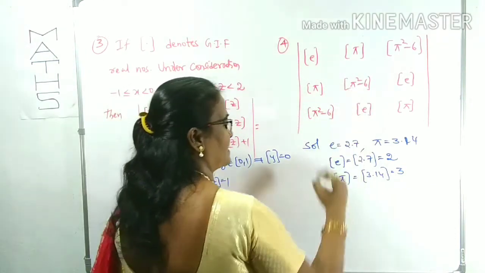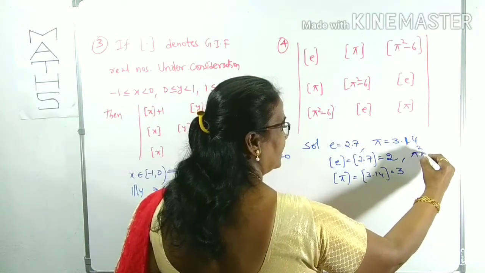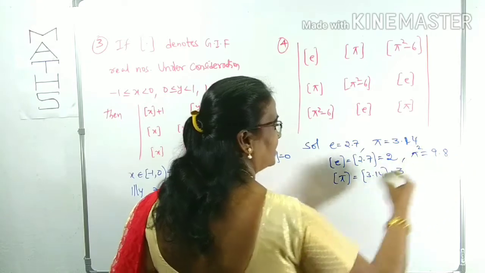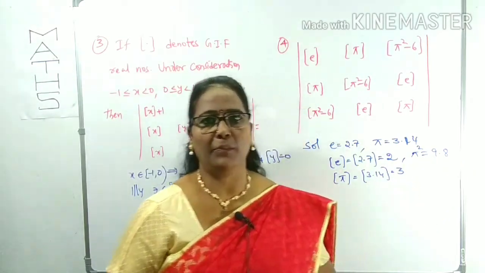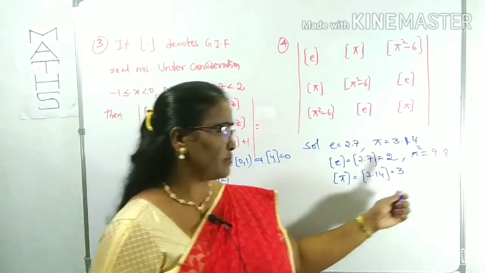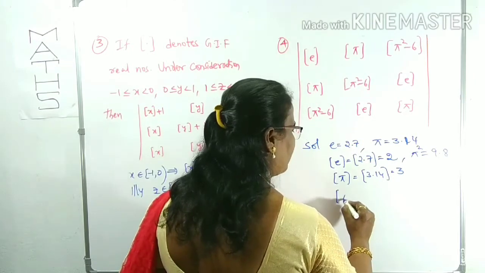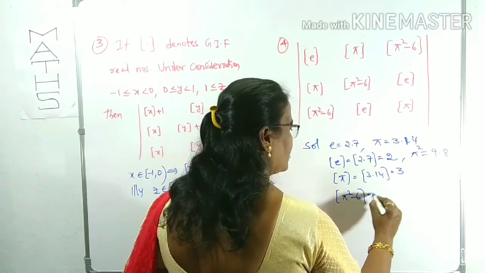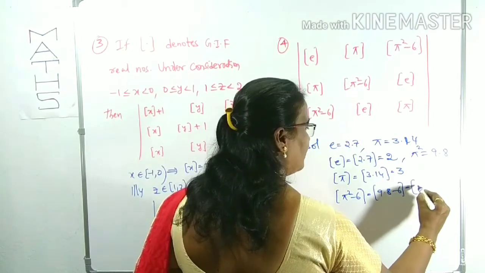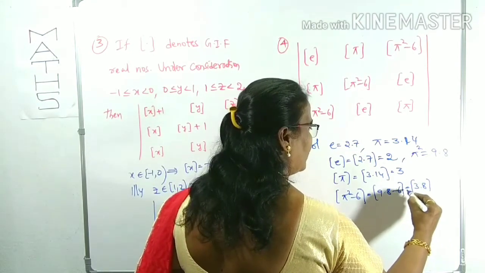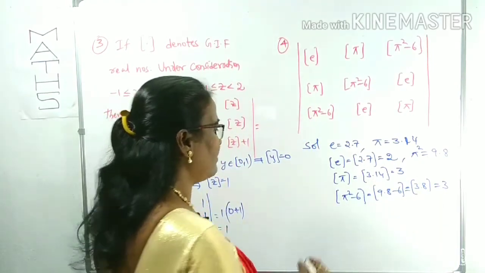Next, what is one more we want? Pi square minus 6. Pi value is 3.14, and pi square is approximately 9.8. We can take the multiplication, 3.14 into 3.14, and you get approximately 9.8. After that, step of pi square minus 6: step of 9.8 minus 6 means step of 3.8. Step of 3.8 is simply 3. Now these values we can substitute in our determinant.